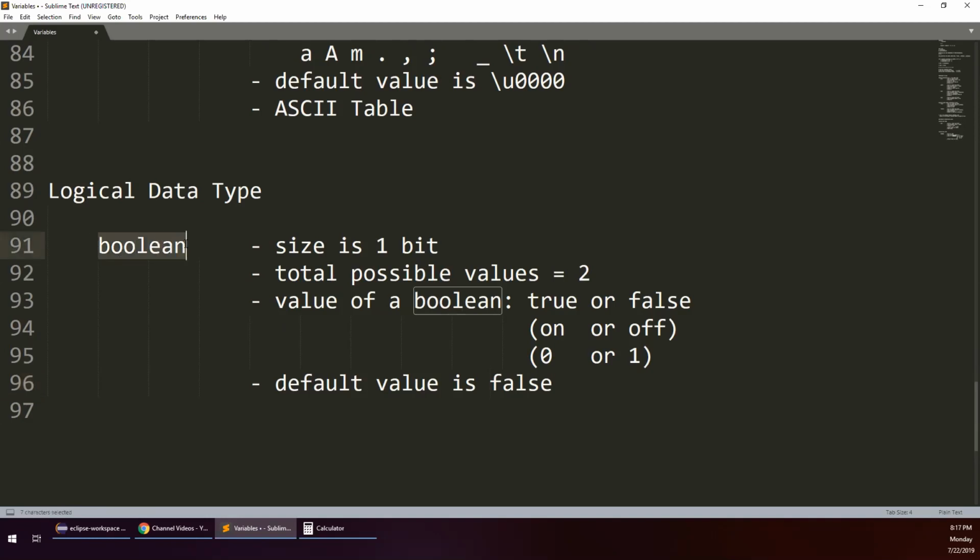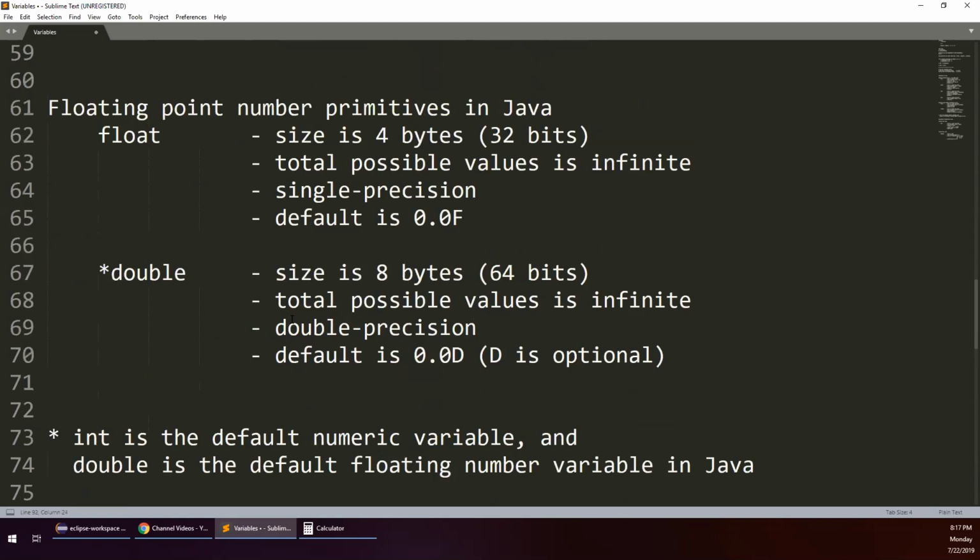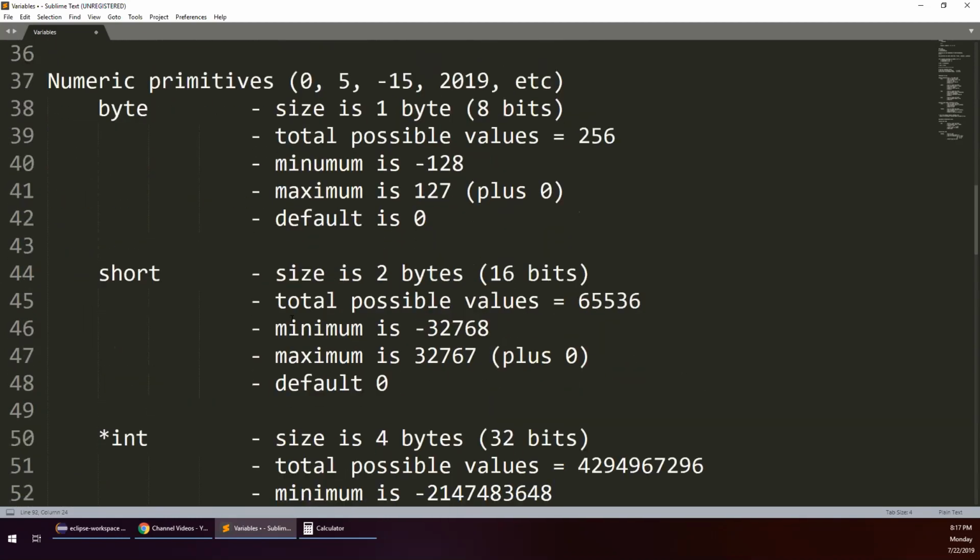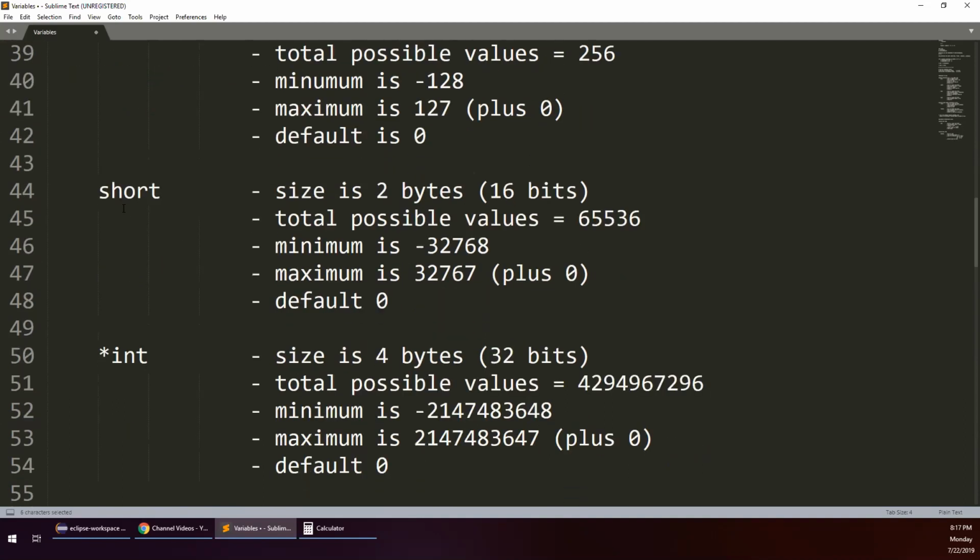However, we will see how big of implementations the Boolean has in Java, even though it is just 1 bit of a size. It will do a lot. Okay, just a quick recap of what we did. We looked at primitives as data types in Java. We looked at numeric primitives, byte being the smallest, that has a size of 1 byte. Short being second smallest, that has a size of 2